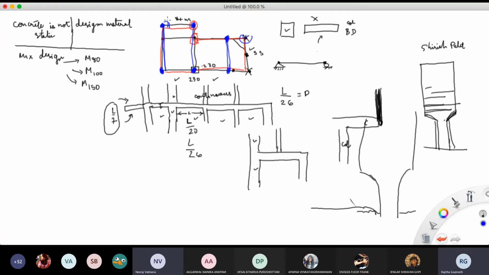There is a down take pipe, and from there you take it down. Meaning from here you give a slight slope, right? And this way it will give slope. Then all that water is collected. Here you will have a parapet, you make a hole in the parapet, and from here you collect and divert that near the column, and at the side of the column you have a huge precast pipe or whatever pipe, a down take pipe. Okay. Yeah.